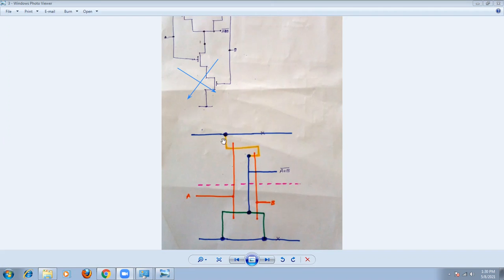I am going to do it like this. So this is the series connection of the two transistors. Next, we are going to join the gates of the two transistors. So we can take a red color and join these two points like this, and take a point here. Similarly, another transistor forms in this case.